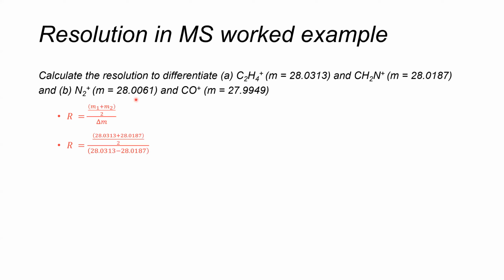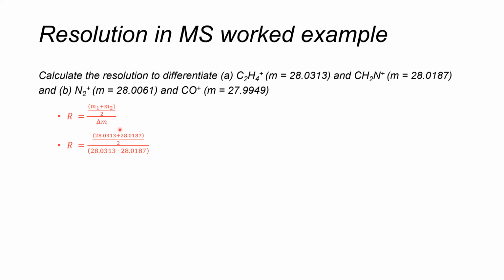Then we fill in the values from the question. We've got the C2H4 peak position, and the CH2N plus peak position here. Again, assuming that these are in fact the same height and relatively identical peaks, then divide that by 2, and we get the difference in the masses here. It's important also to make sure that we report, I mean in this case it's kind of obvious because it's in the question, but otherwise, if we were looking at this